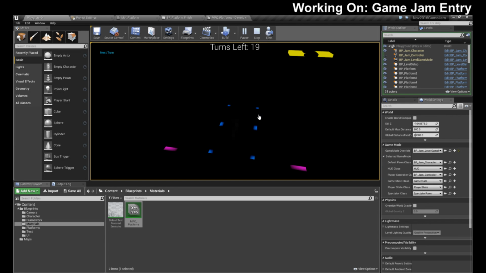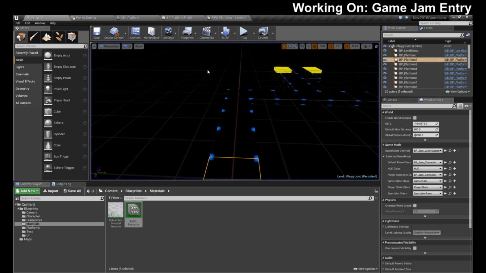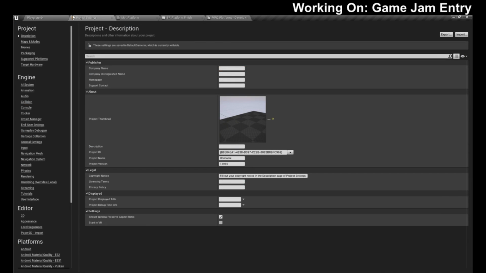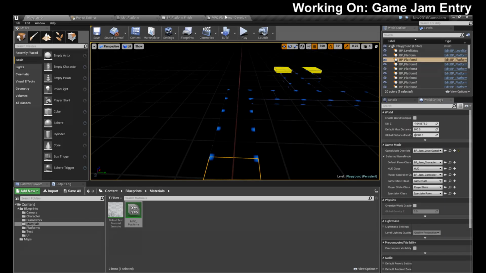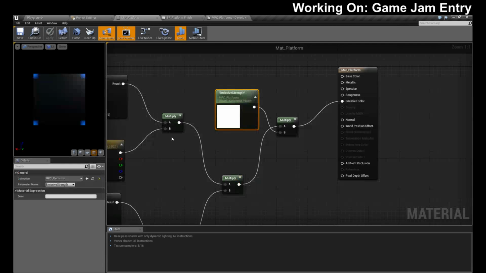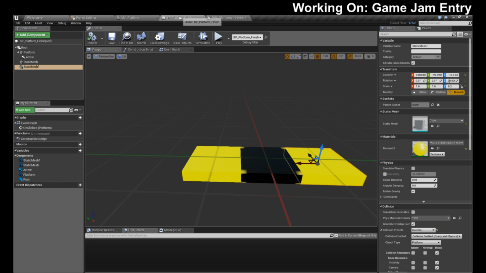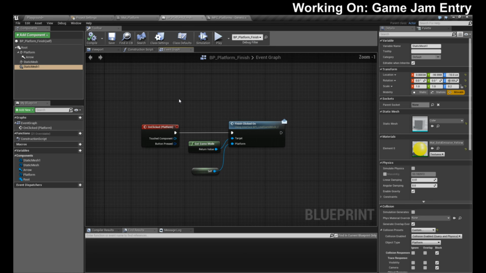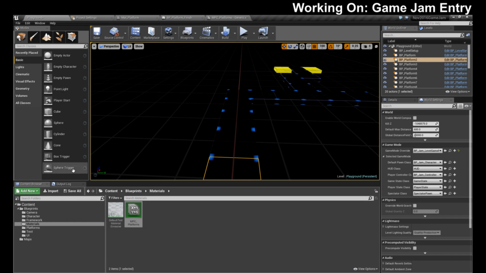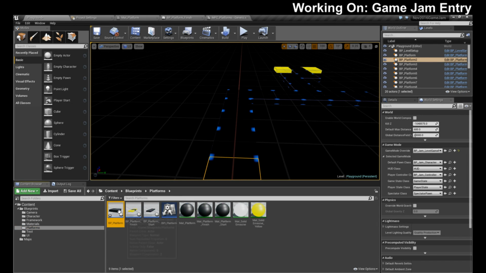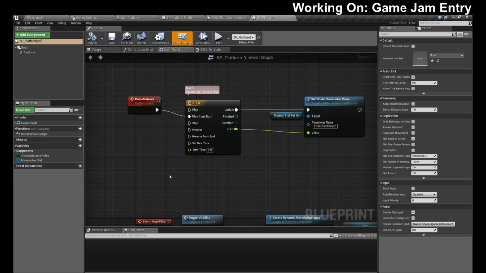But this is not working for pulsing. Okay, so is my mouse over? Did I break my mouse over as well? I've broken everything else, so why not? Where'd my material? Where'd my platform go? Okay.